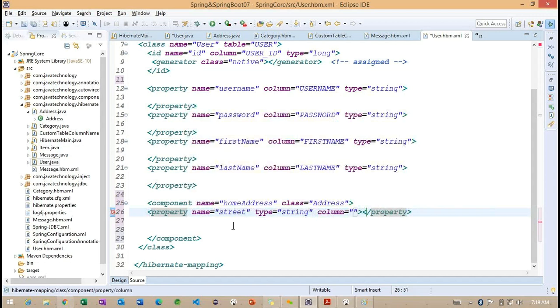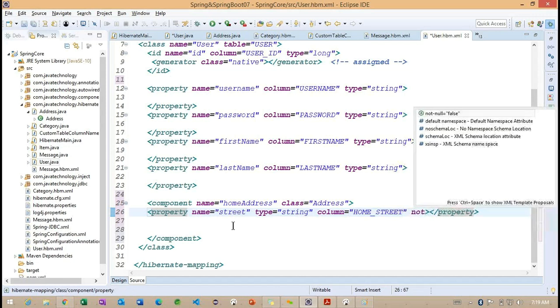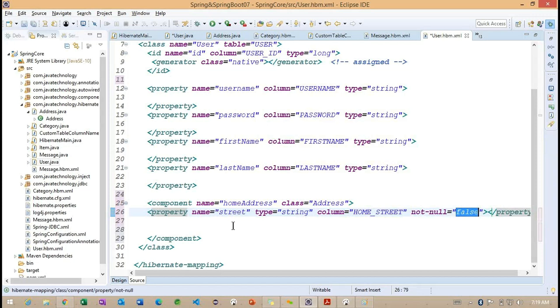The type is string, and later we need to work with column. Now you can understand how this column will work: home underscore state, and we can make a constraint also. What is the constraint we can make? Not null constraint. Getting the point? So this is about one property.